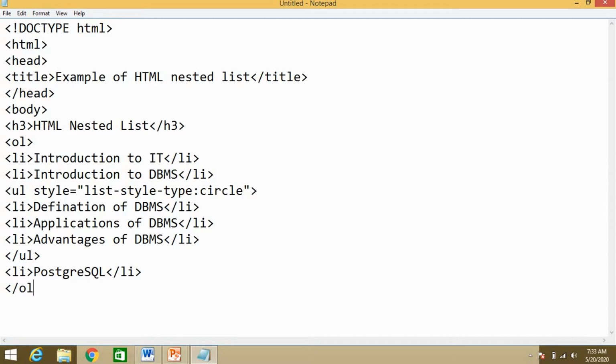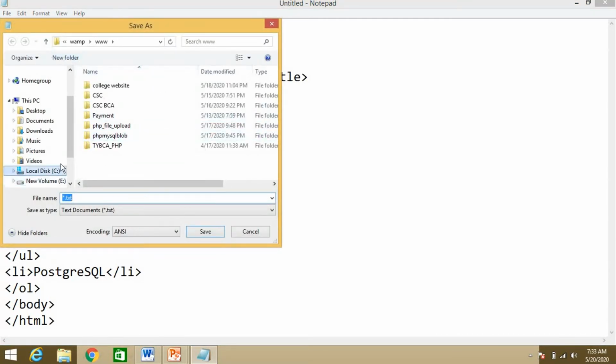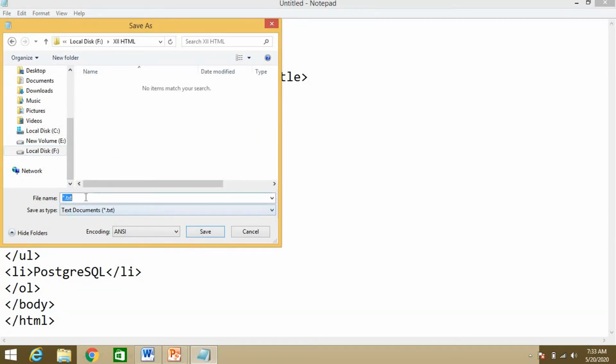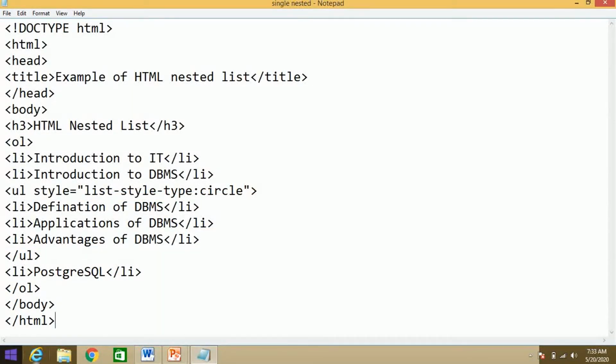Close the OL tag, close the body tag, and close the HTML tag. Let's save this. We have already created a folder, 12th HTML. Save this as nested single nested dot HTML.